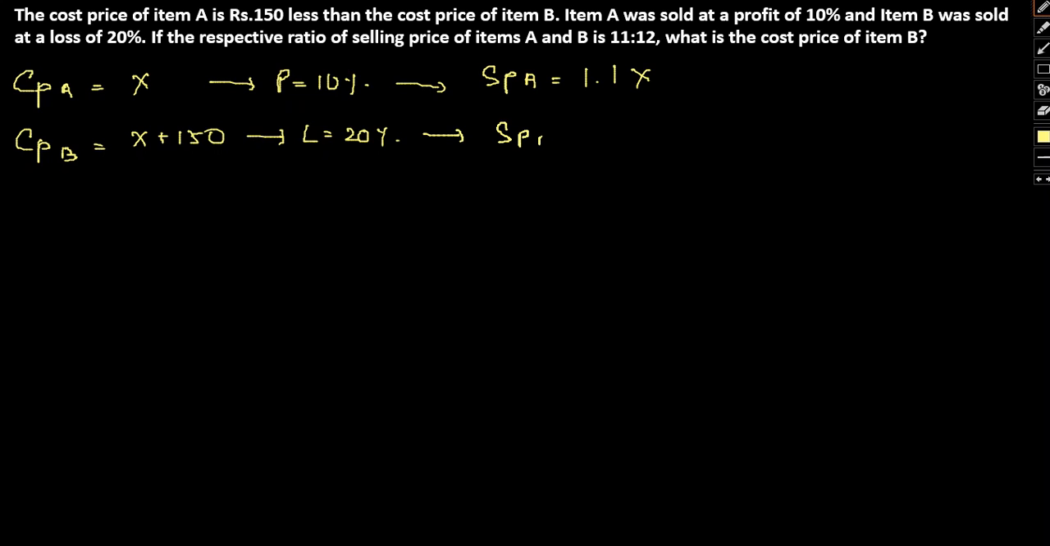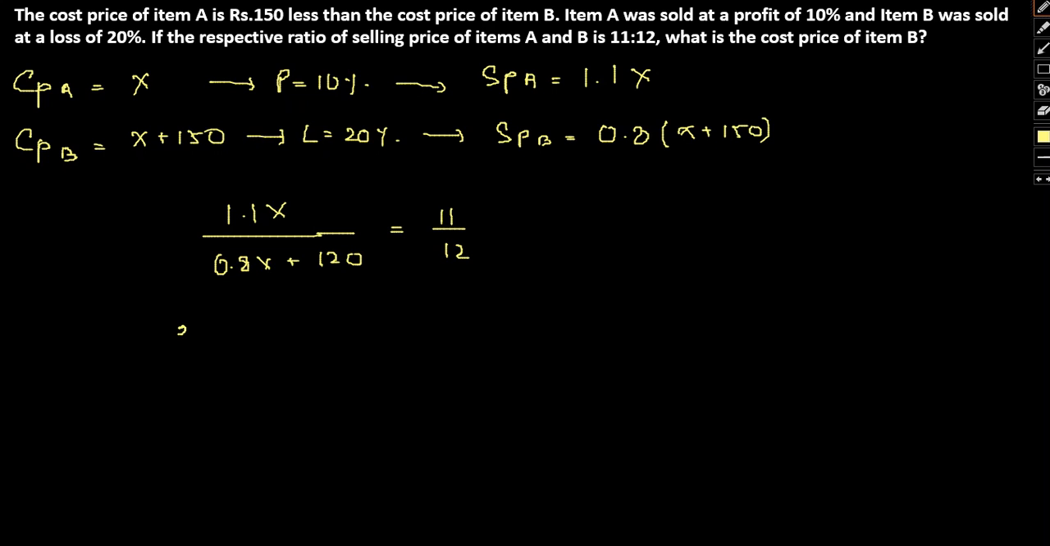Therefore SP of B will be 0.8 into x plus 150. Okay, I hope this is clear. Now, it's given that both the SPs are in the ratio of 11:12. So, we can write 1.1x by 0.8x plus 80% of 150, which will be 120, is equal to 11 by 12, which can be further written as